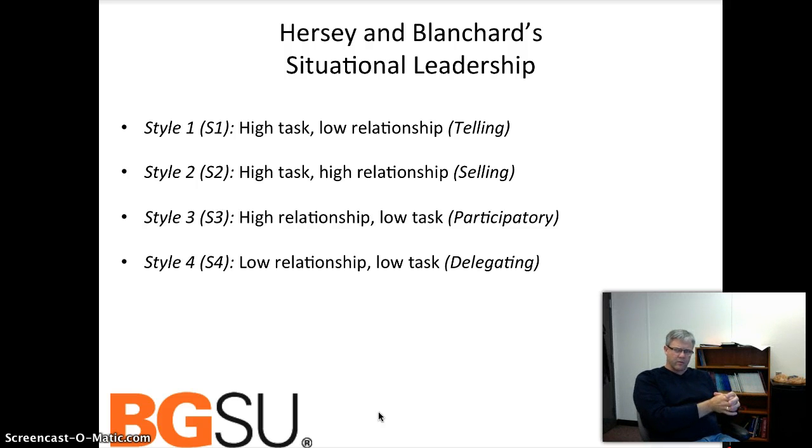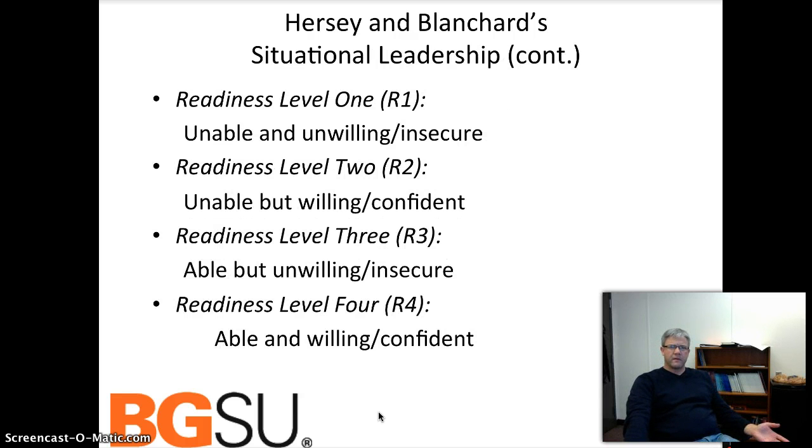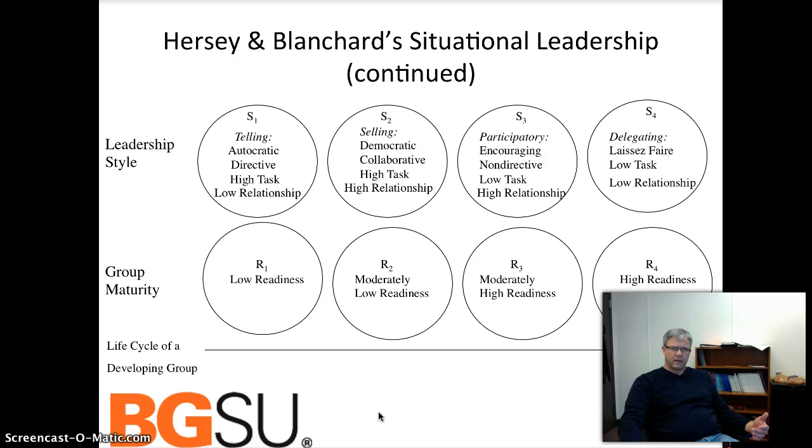right? High task, low relationship, all the way up to low, up to what I would... these in the various combinations, right? High task, high relationship, high relationship, low task, low relationship, low task. So all those combinations, and some kind of defining words around there. And then there's this idea of the group being ready for certain pieces, right? And so we align readiness and leadership style